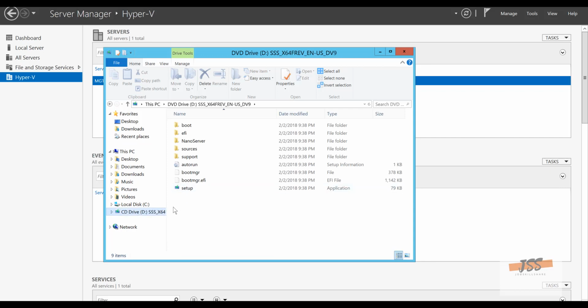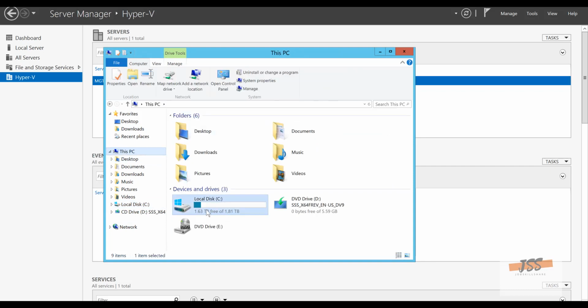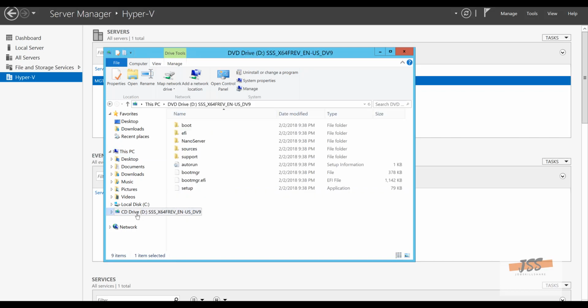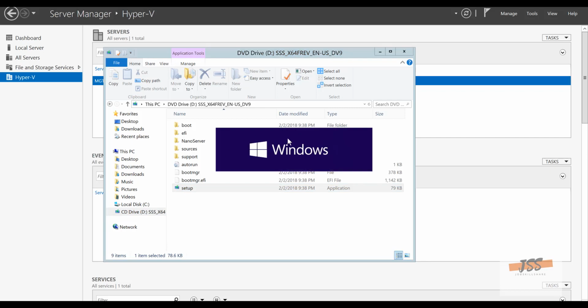So right now you see there's a setup information. Now remember, before you do this process, there's a space requirement. Usually Microsoft recommends at least 15 GB, but maybe you can get away with that. But this is a pretty big hard drive. I already have enough space, so I'm not worried about that. I'm just going to go to the drive, right click, run as administrator, and I am just going to run this